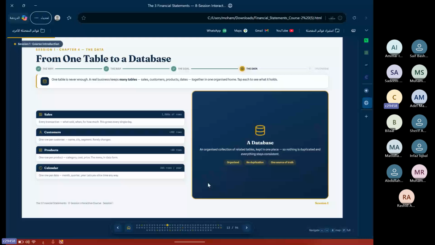So we will give a small example about the sales table. It will be the fact table, and it has, for example, 1000 rows. This customer is a dimension table. For example, we are working in Al-Marai company. So we will give Danube, Abu Dawood, Banda.